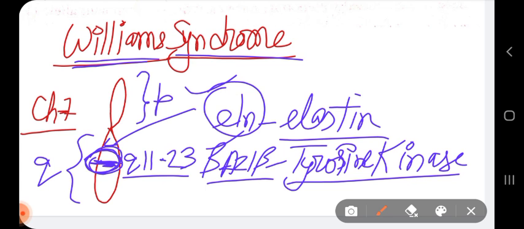What are the symptoms that occur in Williams syndrome? Those who are facing Williams syndrome, what type of symptoms do we see? Heart defect, because elastin is getting deleted. Unusual facial features: your mouth, your nose, all the facial features will be a little bit peculiar. Arrangement of the muscle is peculiar. Low muscle tone.